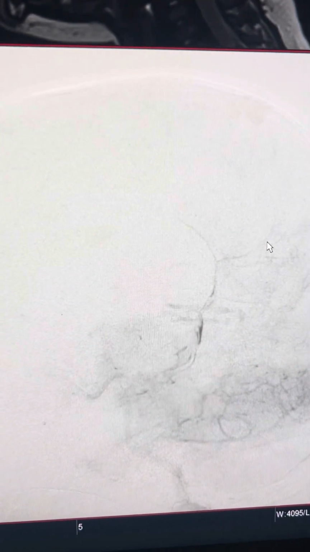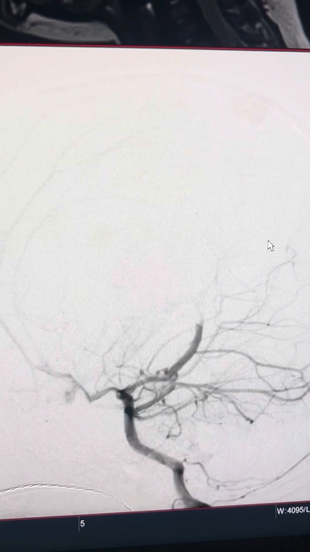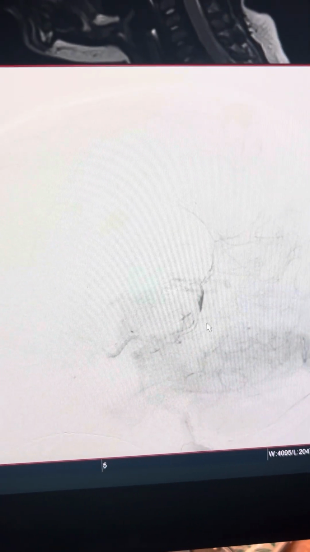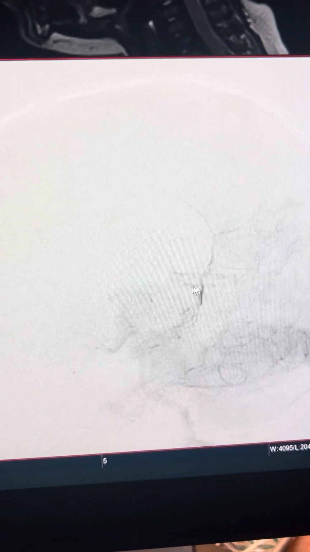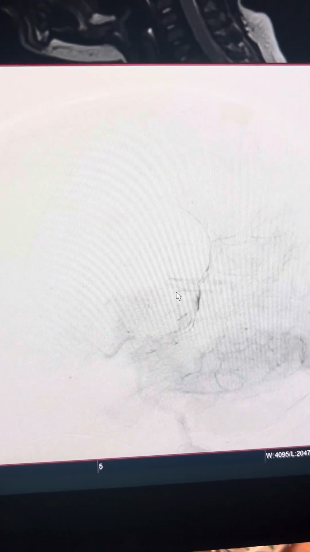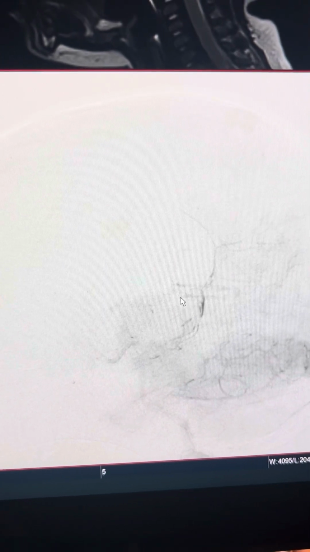This looked like most of this is coming from this big fistula. These are just some other branches to see whether there's any more communication, and just by having that big fistula controlled, you could see here that most of the blood flow into the vein of Galen is now slow. You can see some mild flow coming in over here. So this was